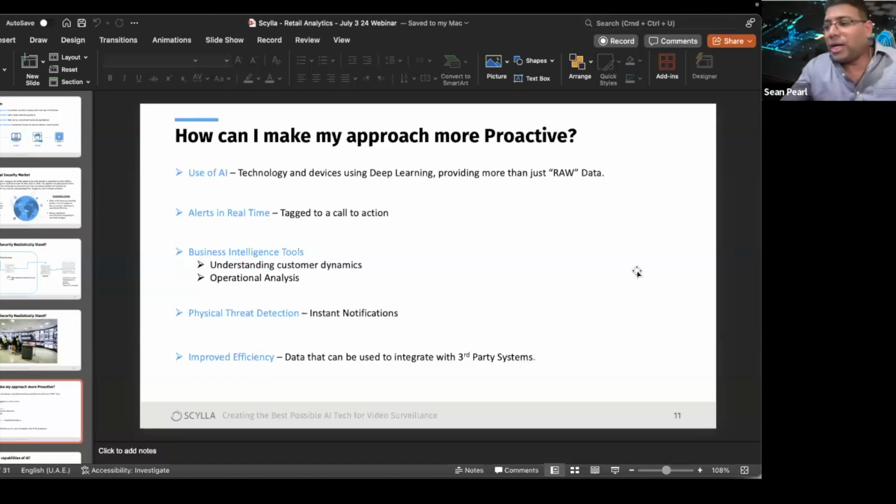So with the use of AI technology, of course, you can look at protecting your assets. You can look at improving operational efficiency. You can get access to various data tools that will help you market better and ultimately help drive your sales. With the use of AI, you can also have alerts in real time. Like I said, the system is a lot more proactive, with a lot of different business intelligence tools.